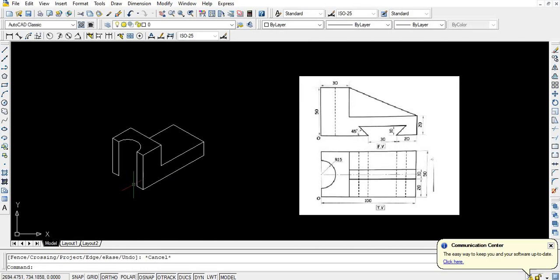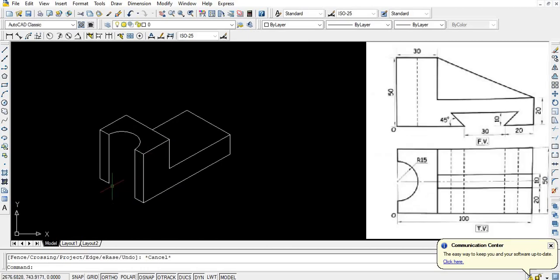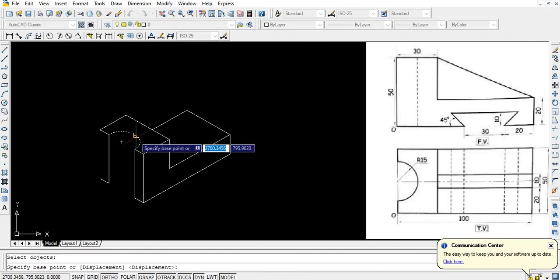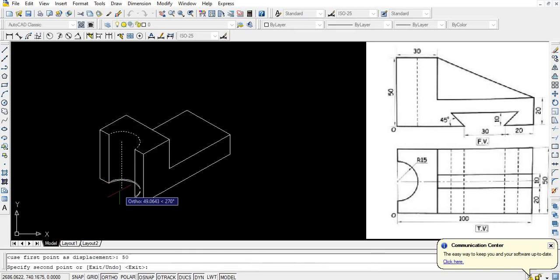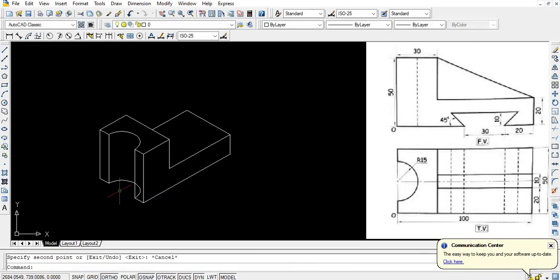Okay, now it looks like a 3D, but still at the bottom section again there should be a curve or a semicircle. So use the copy option. What will we do here? We will use the copy option. Go to the modify option, select this copy option from here, select this semicircle, press enter, select the center point as a base point and enter the distance or select the point. So here I know the distance, it is 50 mm. I will enter 50 mm, enter, escape. So you can see here.